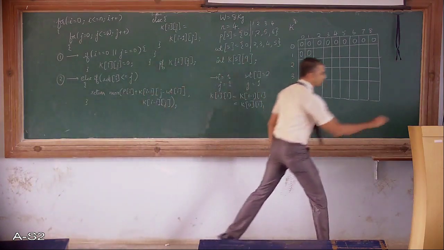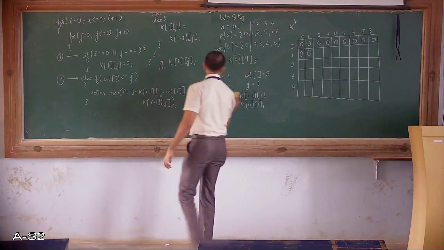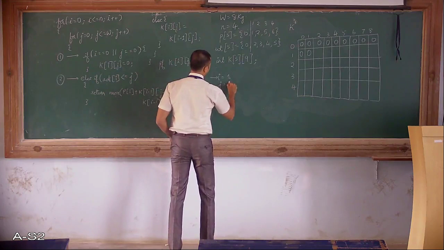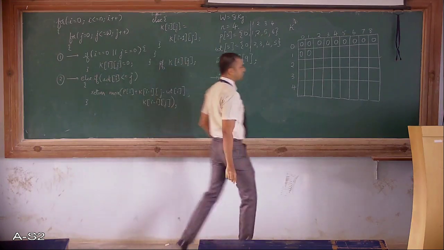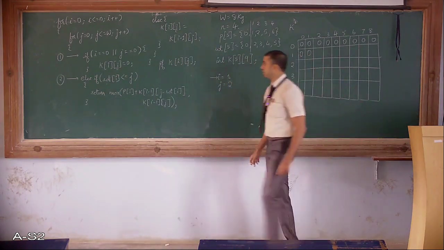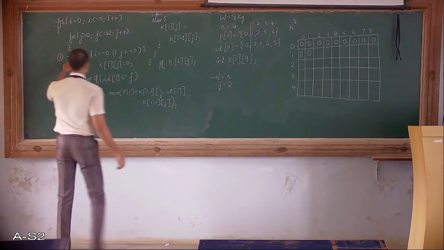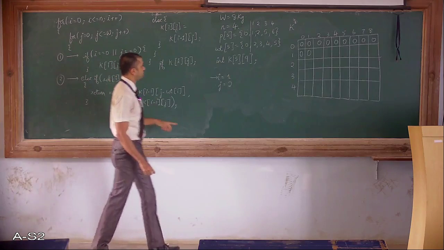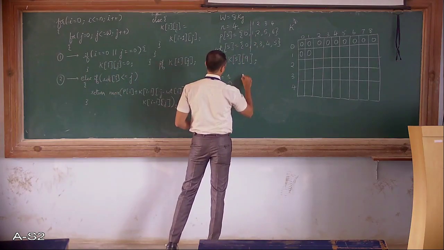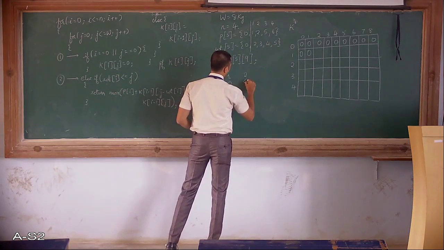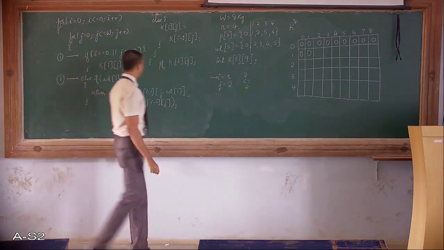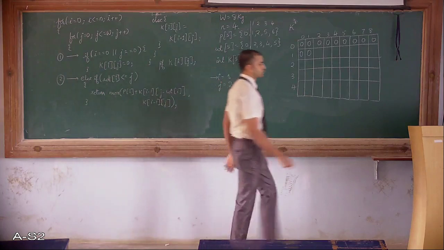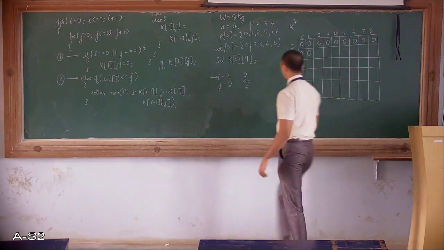Next, j plus plus. J value becomes 2. First condition fails. Second condition: weight of I is less than or equal to j. Yes, weight of the first object is 2. 2 less than or equal to 2. Condition is true, which means this formula will execute now. Let's fill those values in that formula and check what value will get there.